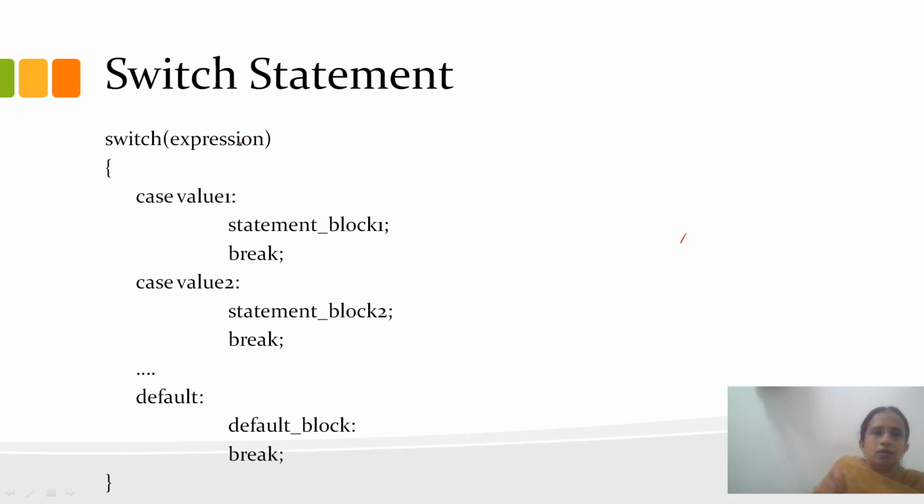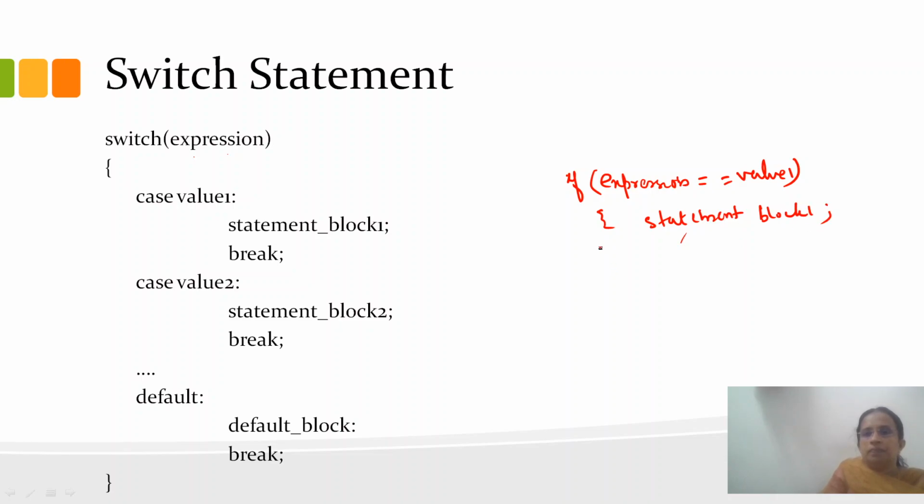See here, what this means: case is the same as if expression is equal to value 1, execute statement block. Else if expression is equal to value 2, execute the set of statements. Instead of writing a set of nested ifs, we can write it in a better way